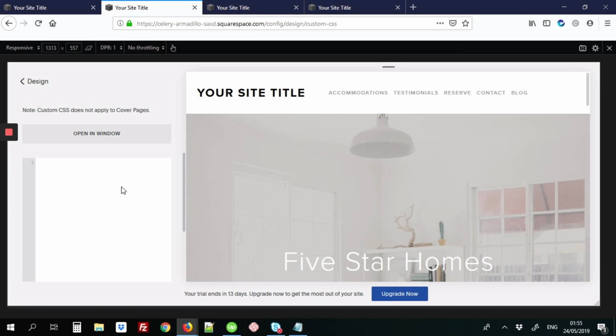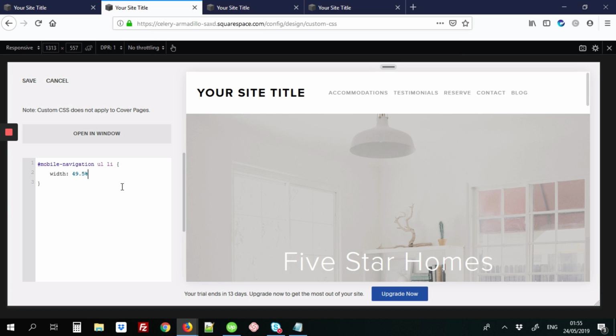We'll start with hashtag mobile navigation, and then we'll add UL to specify our unordered list, and also LI to specify the list items in that unordered list. And we're going to type width